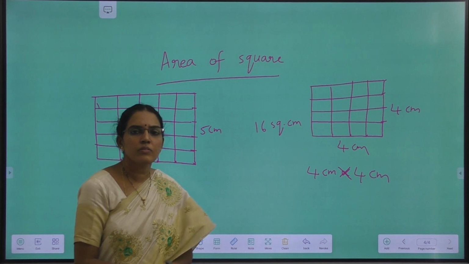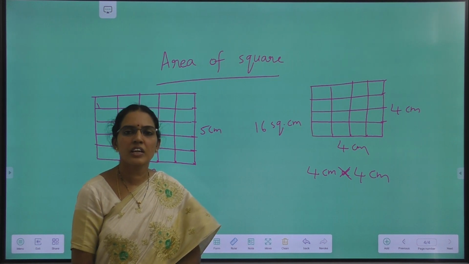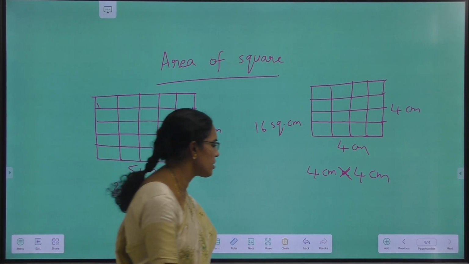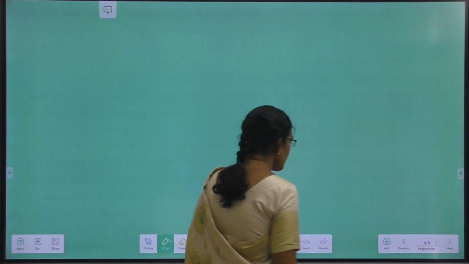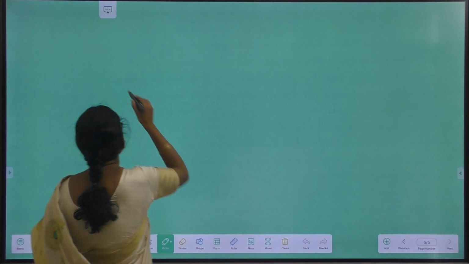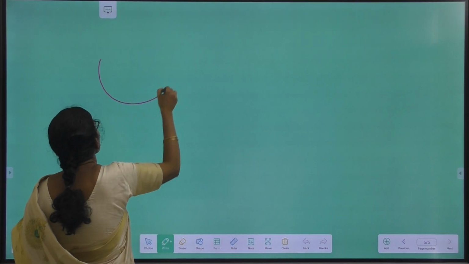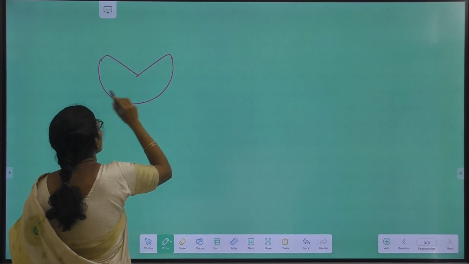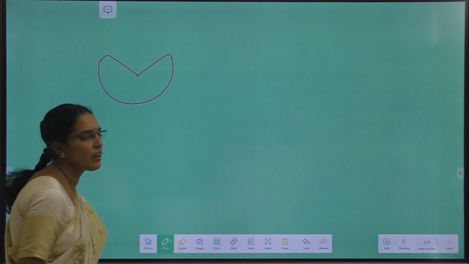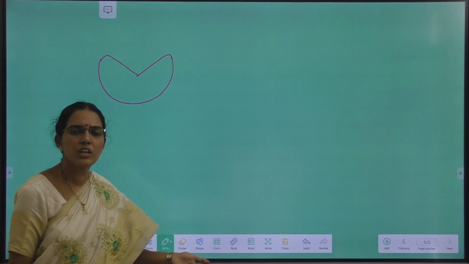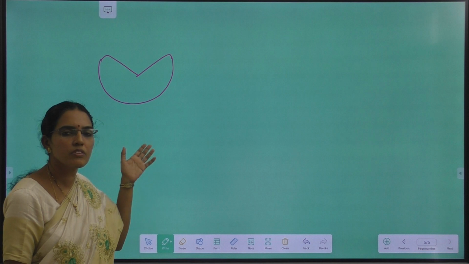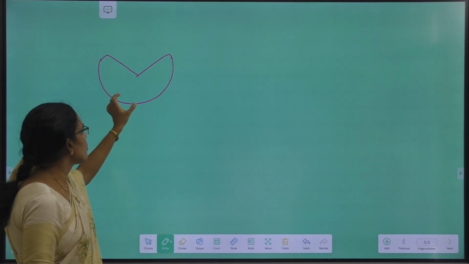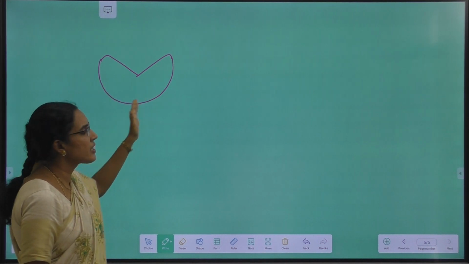Okay. Now we will see how to find the area of irregular shapes. If they are irregular shapes, then how should we find the area? Now for example, I want to know the area of this shape. Okay, if I want to know the area of this shape, then how to find the area? Well, till now we know how to measure the area of a square and rectangle just by using the formula. Now what you have to do is, we need a graph sheet.